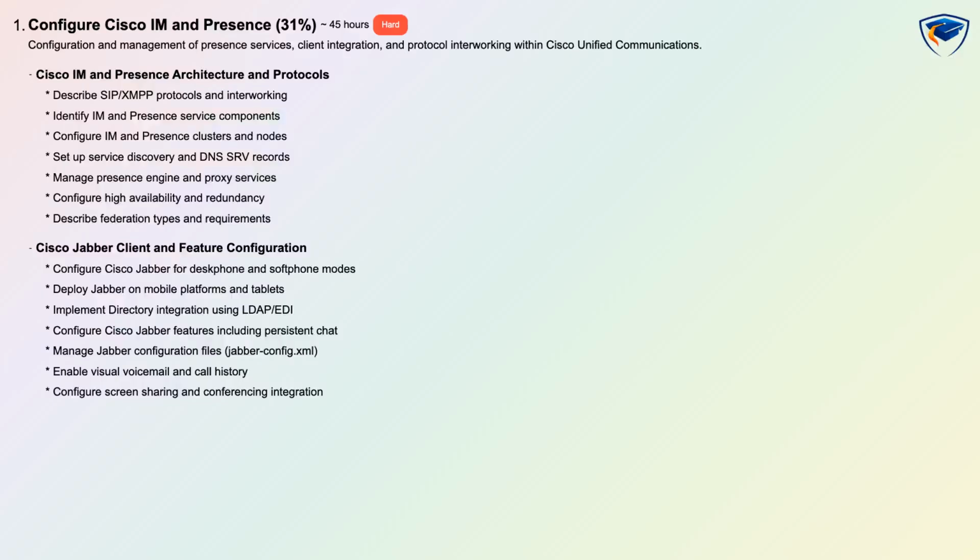Configure Cisco IM and Presence carries 31% of the exam and focuses on configuration and management of presence services, client integration, and protocol interworking within Cisco Unified Communications. This is rated hard, with an estimated learning time of 45 hours and an assessment style of hands-on plus conceptual tasks. You will learn SIP and XMPP protocols and how they interwork, the IM and Presence service components, cluster and node configuration, service discovery and DNS-SRV records, and how to configure the Presence engine and proxy services for high availability